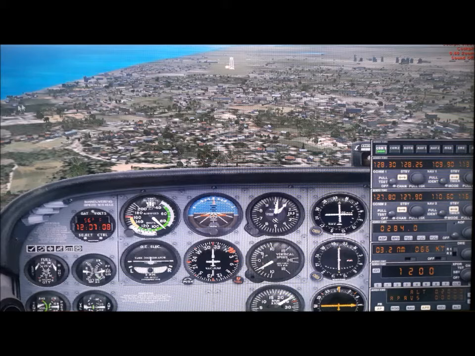The Arabian Sea, the coastal line, the runway. We took off this way. Now we are coming and landing on the same runway 32.